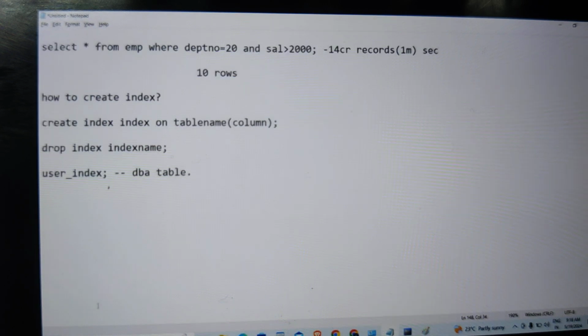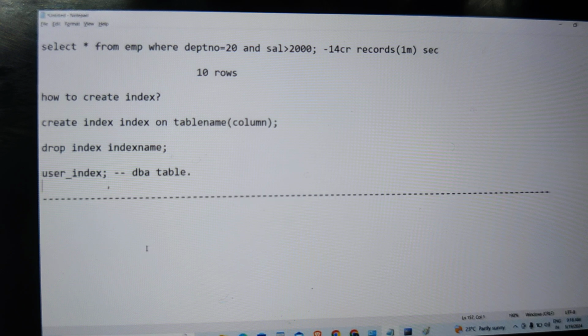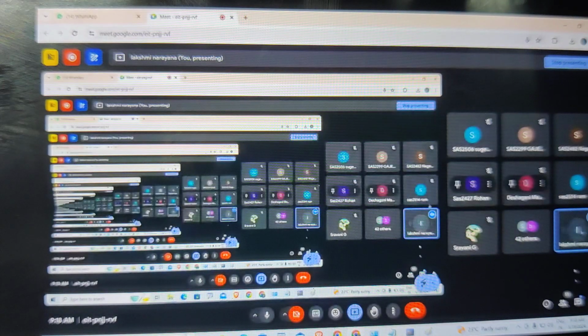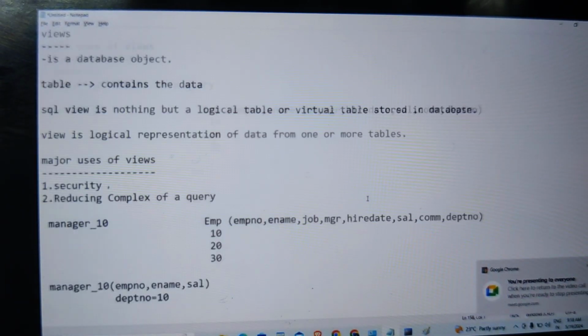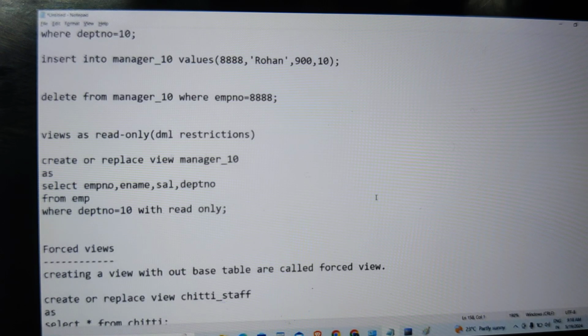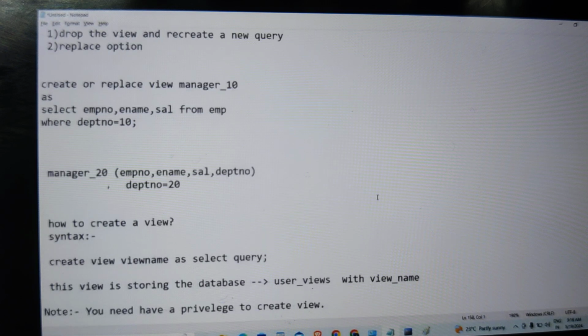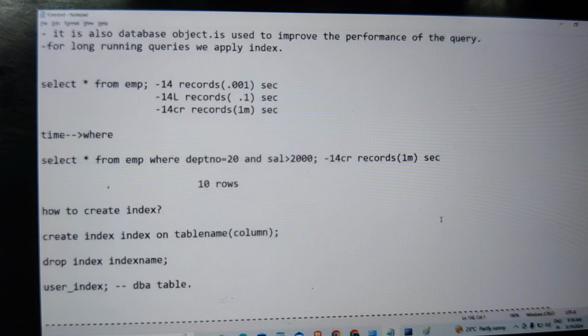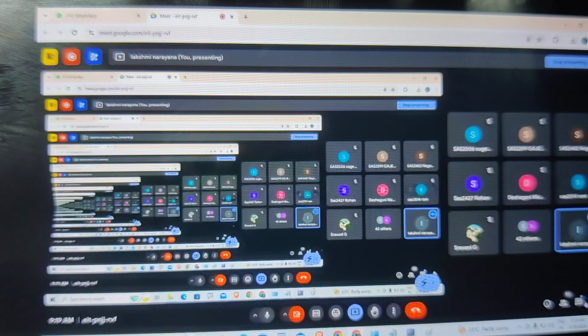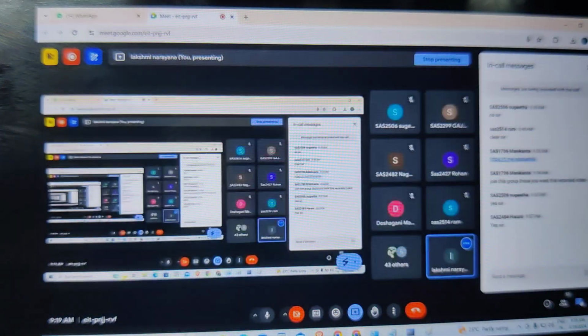So this is where our SQL is completed till now. If you have any questions, you can ask me. I started from the table, how we can create a table, what is DDL, what is DML, and all. We also understood the merge statement, joins concept, how to apply functions, conversion functions, the subquery concept, views and the index concept as well. Whatever I said, you can crack it in one day. If you have any questions, you can ask me.